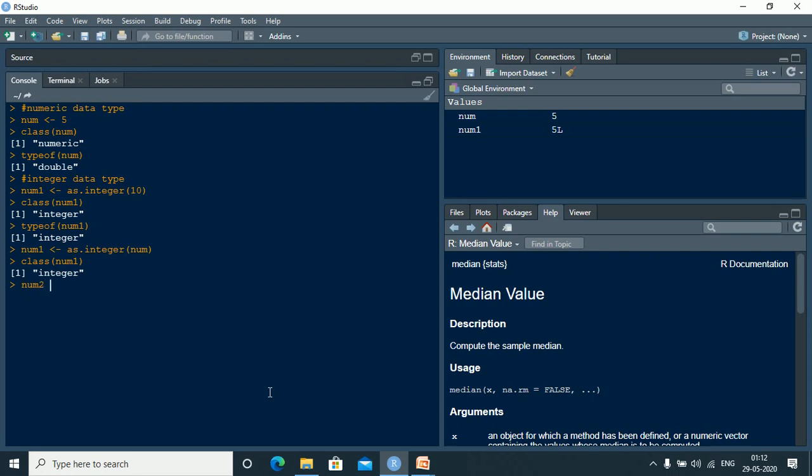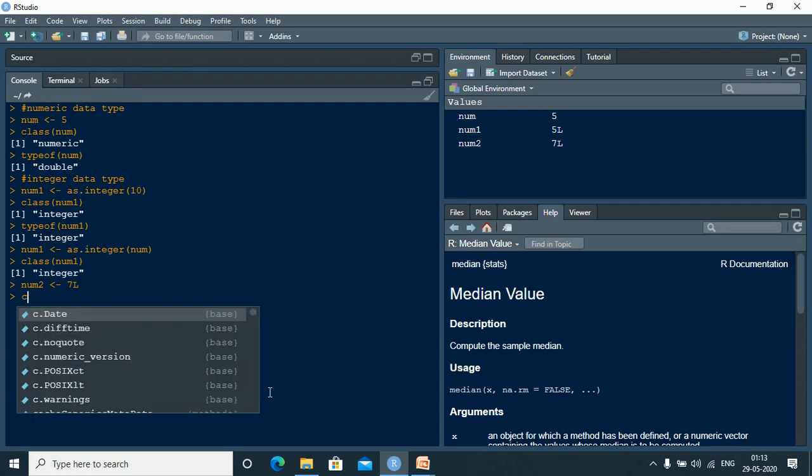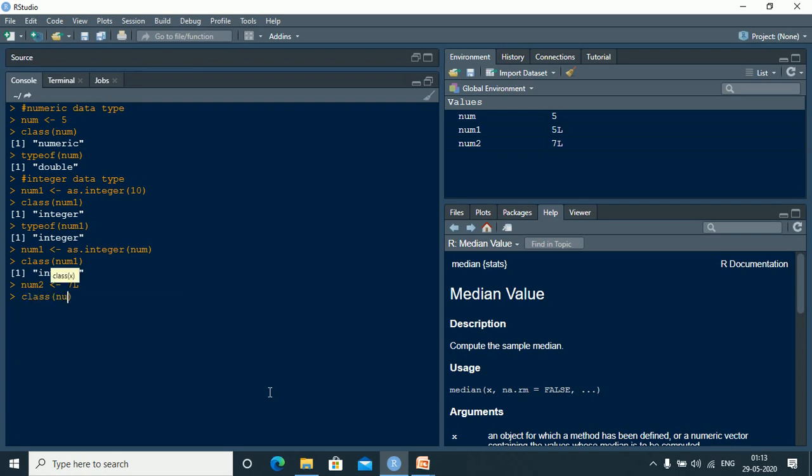If you don't want to use the function as.integer, the other option is to write a capital L along with the number. So suppose I write here 7 and capital L. I have not used the as.integer function, I have just written 7 and L. Enter.